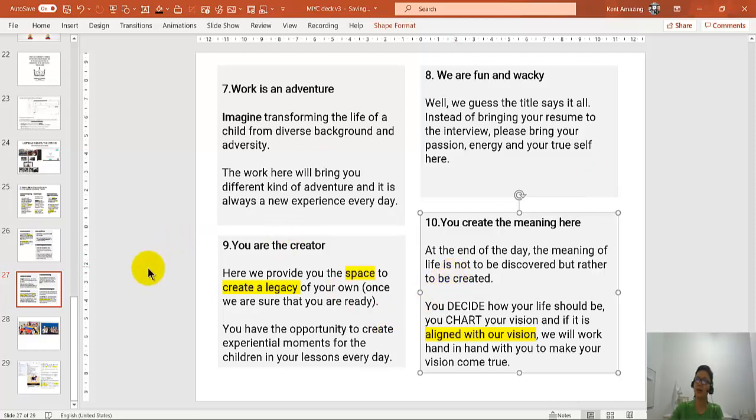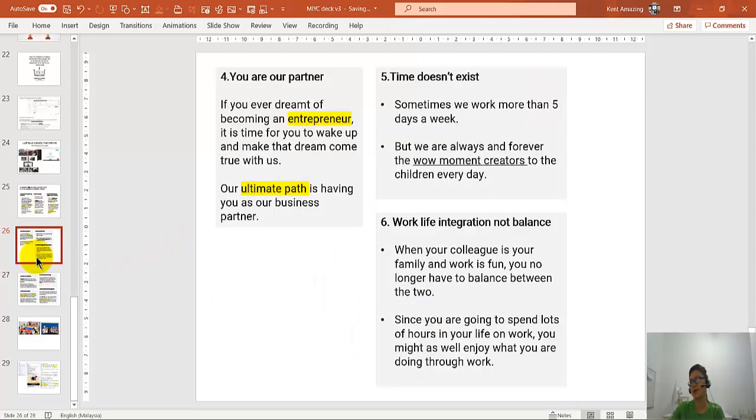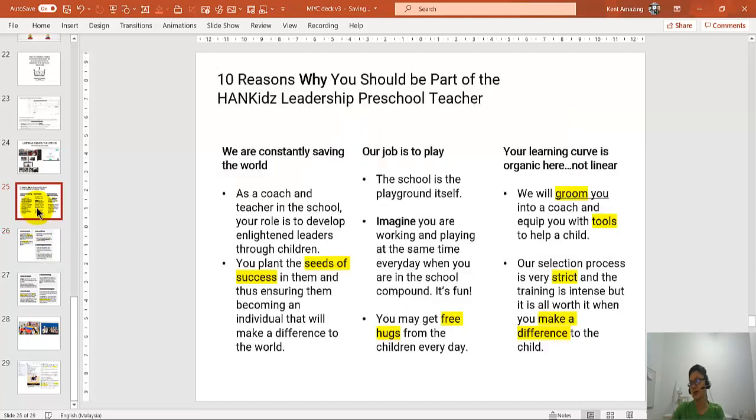So I highlight all these things, right? You can see it's public data, right? Because it's showing on the Hunt Kids leadership, the leadership preschool website. Okay, you can click on it and visit them. And so I learned a lot of this, right? Inspired from the Hunt Kids leadership, right? Because as you know, my son is enrolled in class, right? And in this challenging time, they did not